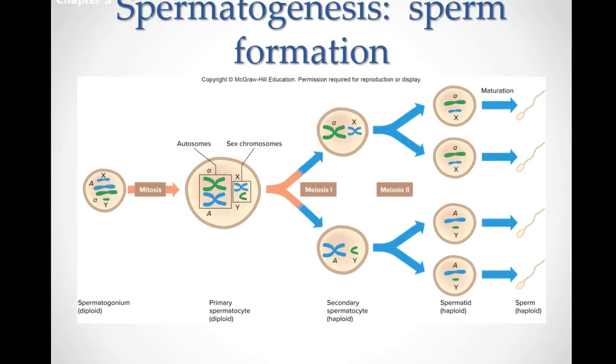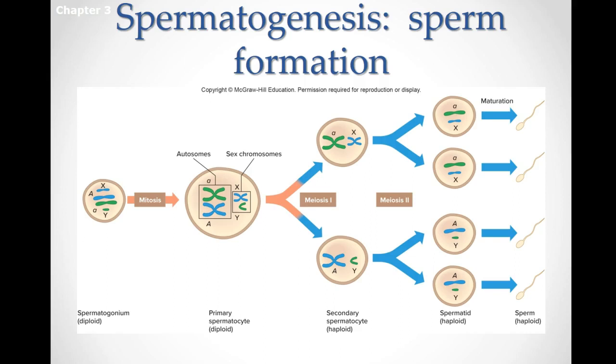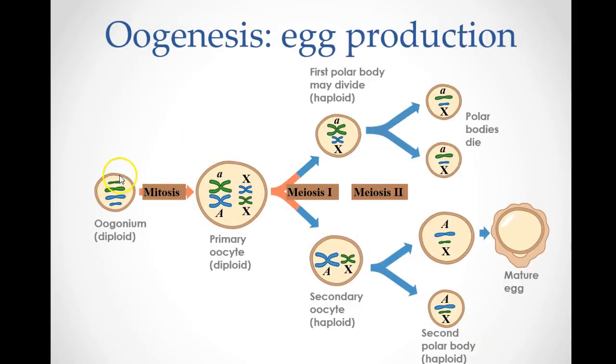Last thing I'm going to briefly mention is sperm formation and egg formation. We call it spermatogenesis. You can essentially see that there's a cell called a spermatogonium, and it produces what are called spermatocytes. And then these spermatocytes will divide over and over to continually make sperm. So as soon as males hit puberty, they will continue to produce these sperm cells essentially until the day they die. Oogenesis is a little different.